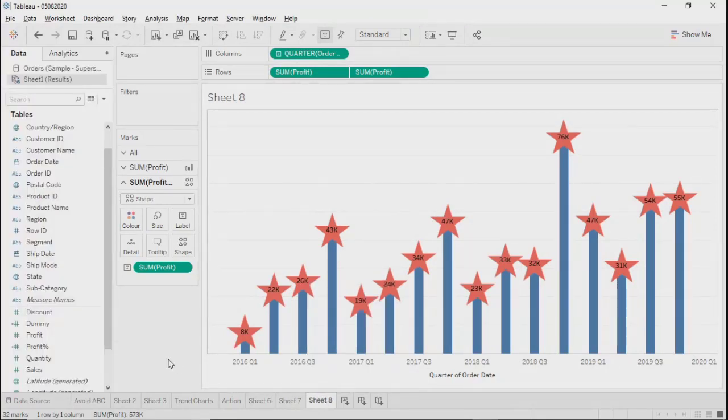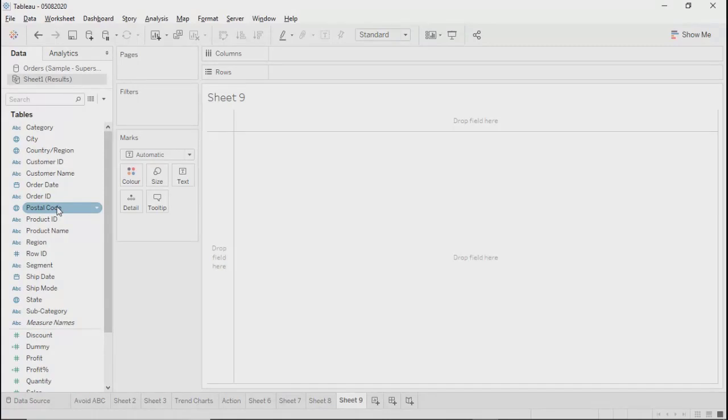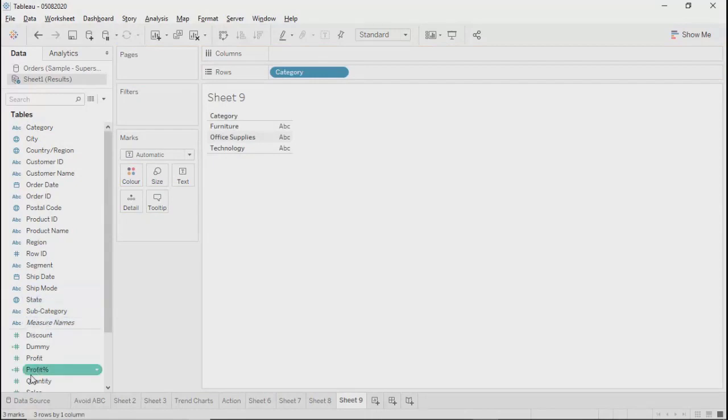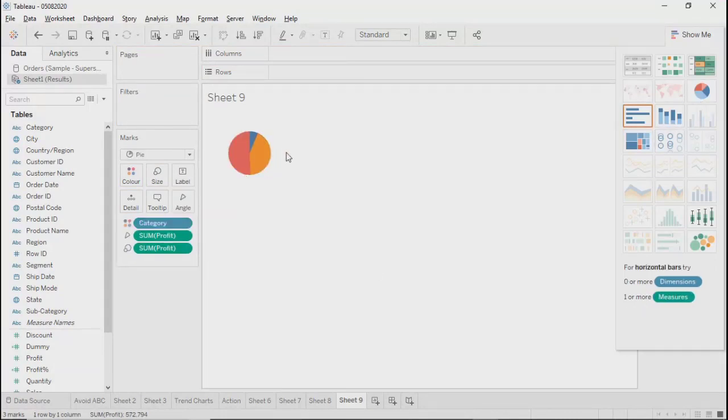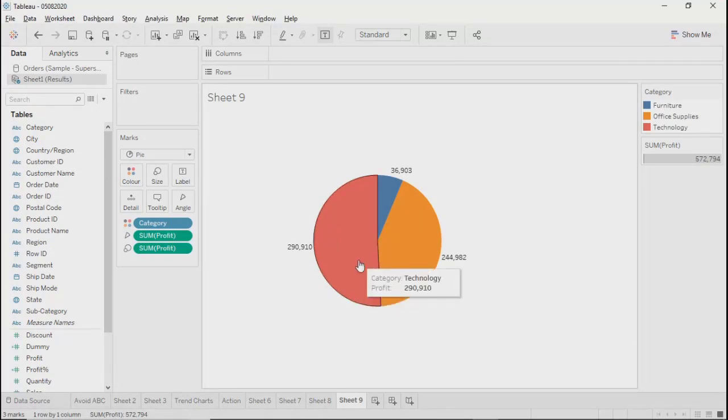Let's talk about pie chart. That is again going to follow a similar methodology, but there is little mathematics involved. When I say mathematics, basically, let's say you have categories and your profit, and you click on pie chart, you get your pie chart. You can show the labels. Everything is fine. You are able to see technology, office supplies, then furniture, and the profit in those